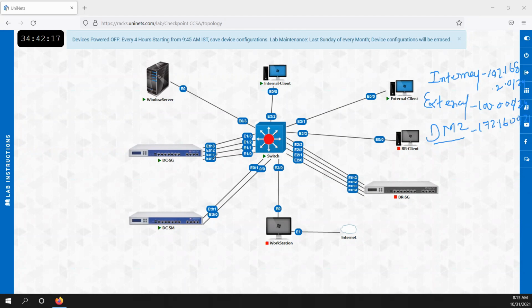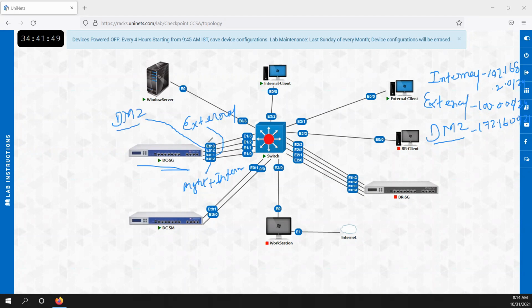So we can say that this is my gateway, and on this gateway, Ethernet 0 would be working as MGMT, plus it is working as internal. So this is the shared one. Ethernet 1 would be working as external, and Ethernet 2 would be working as DMZ.